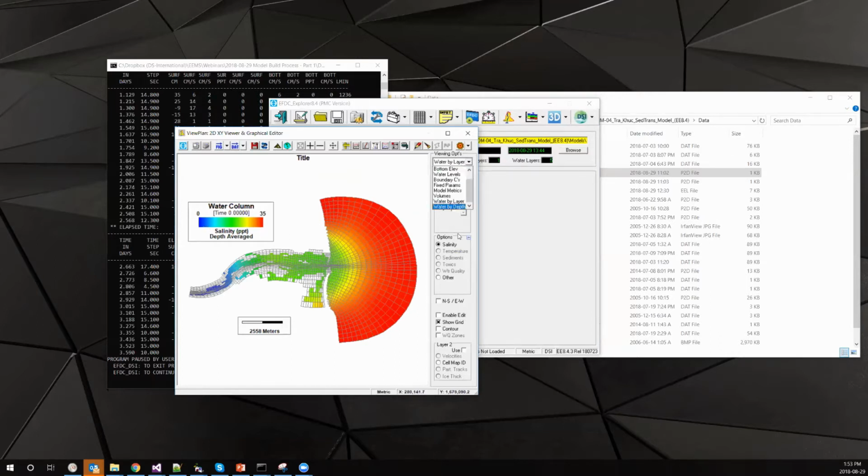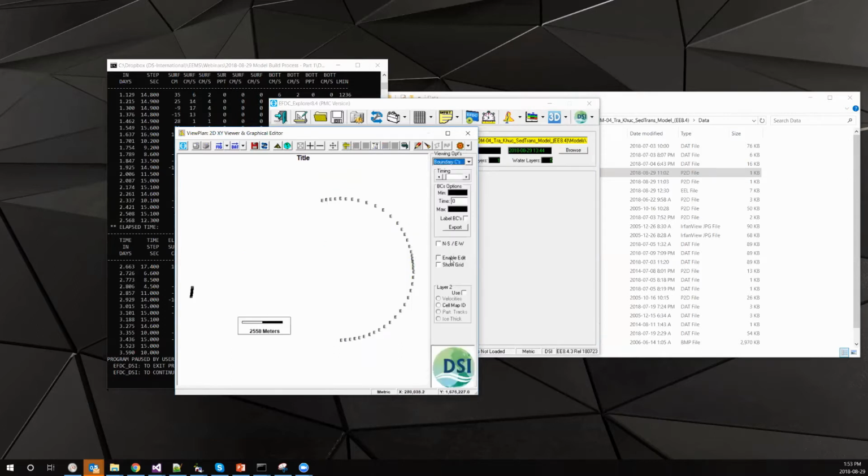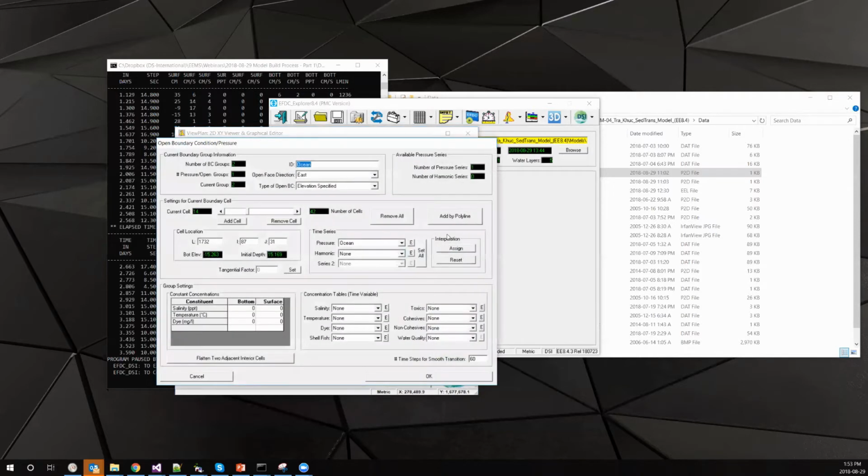Now for the initial condition, turn off the grid. Go in here to boundary conditions and enable edit. Now I want to add salinity to this boundary. To do that, I just come up here and edit that boundary. Now in the open boundary,